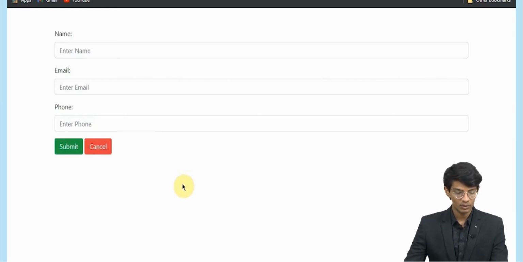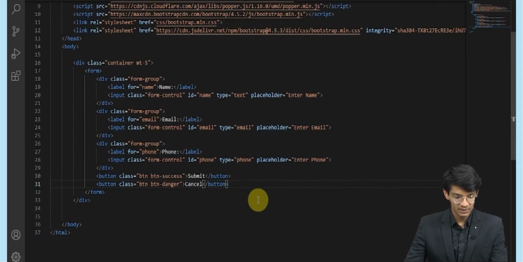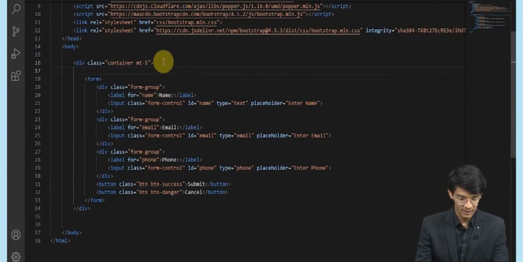Now we will add this particular form inside a card. So I have taken a div class and we will write that.